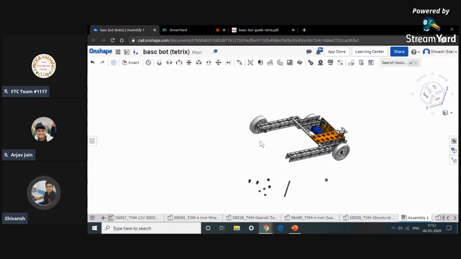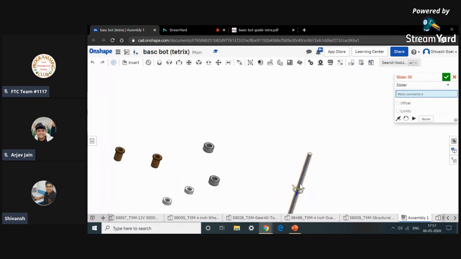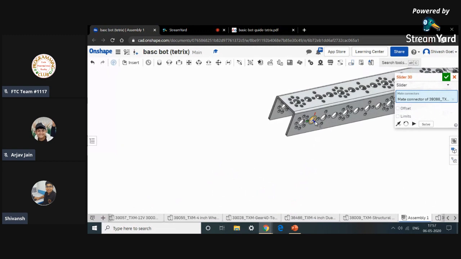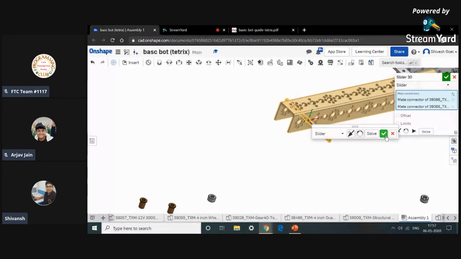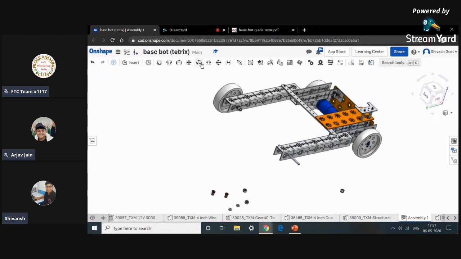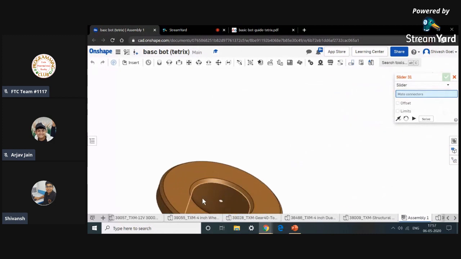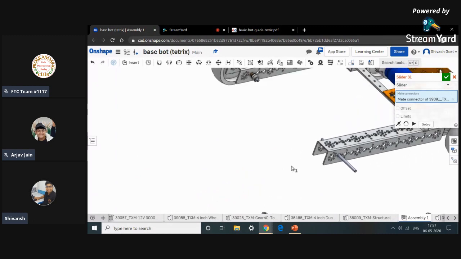So now we have imported the parts for the second tire. Let's do it quickly so that we can wind up. So this is a bronze bushing. It's just